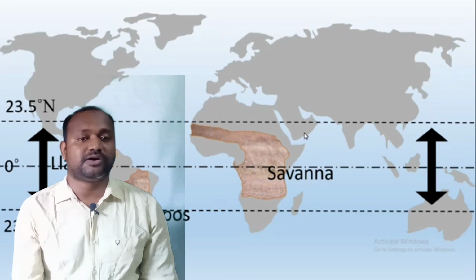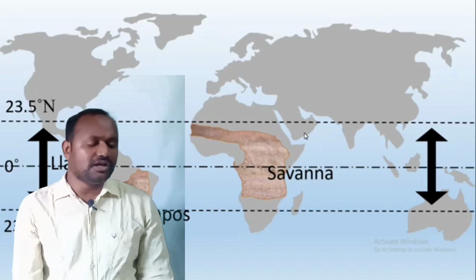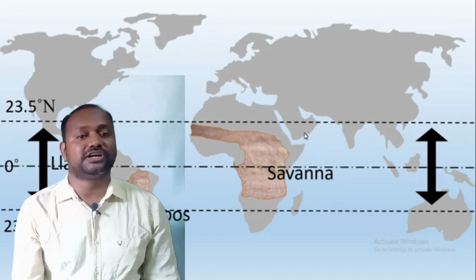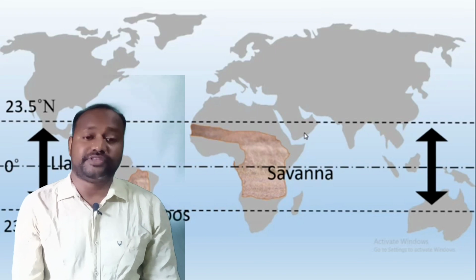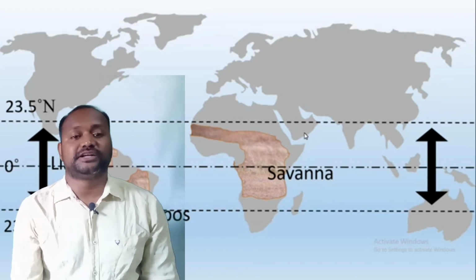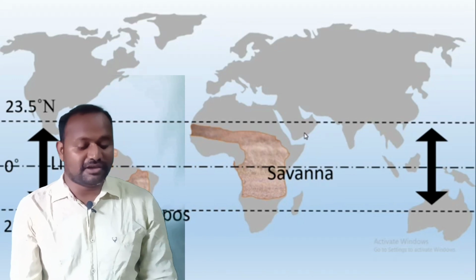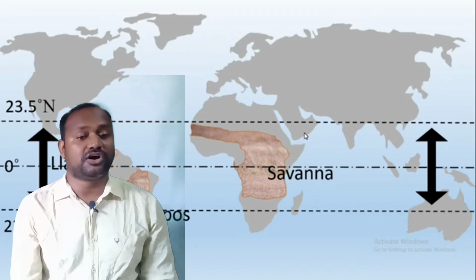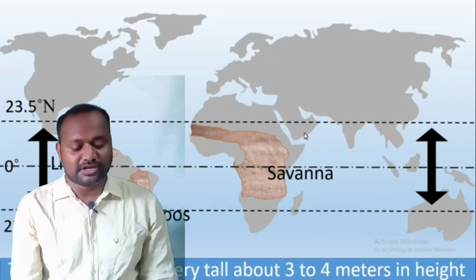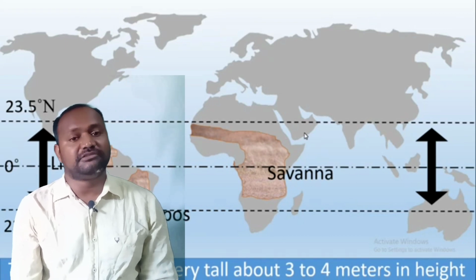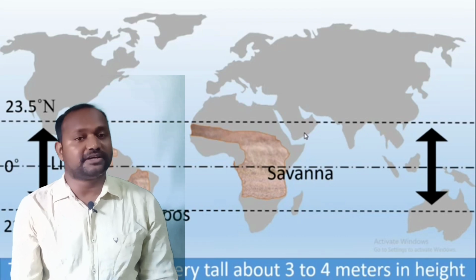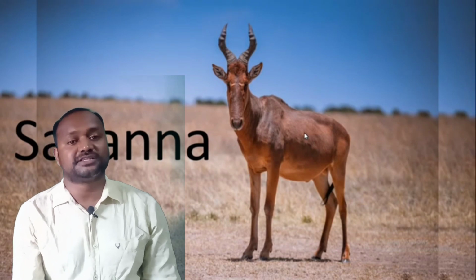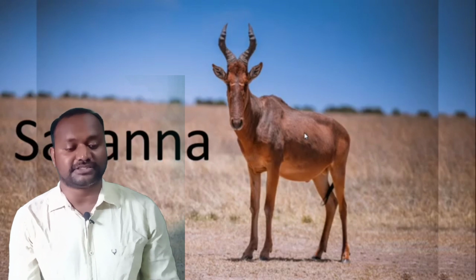So students, let's discuss tropical grassland. These grasslands are mostly found in the tropical region. They are tall compared to the temperate grasslands. These can be found between the tropical rainforest and the tropical desert region or the hot desert region. These are found in a wide band on either side of the equator and the edges of the tropical rainforest. These are known by different names, one of which is the savanna. So let's discuss some characteristics of these.